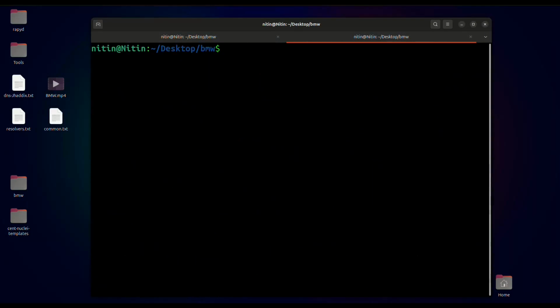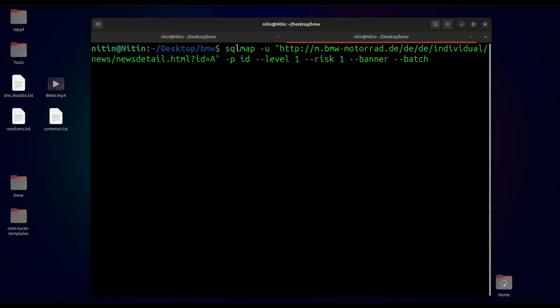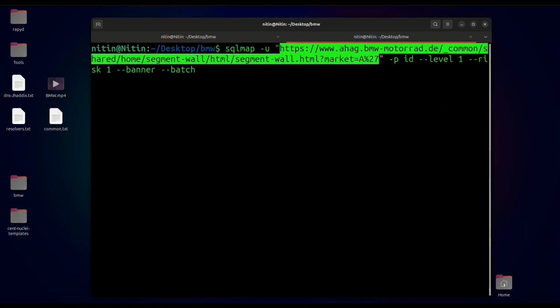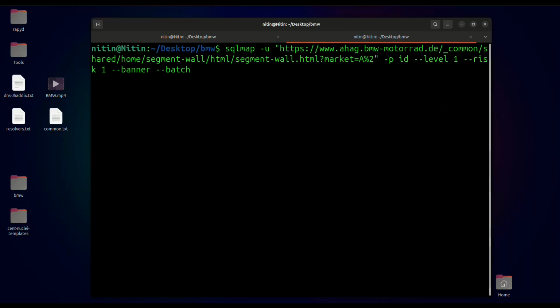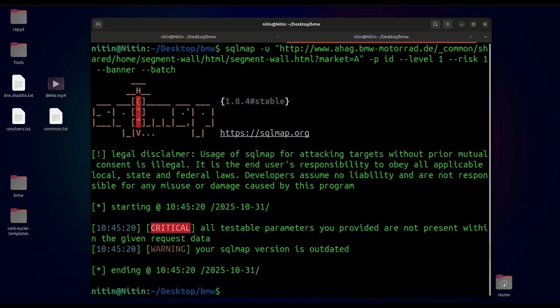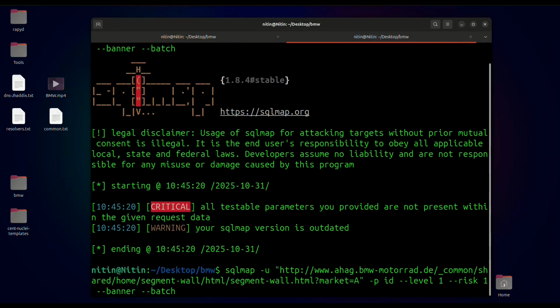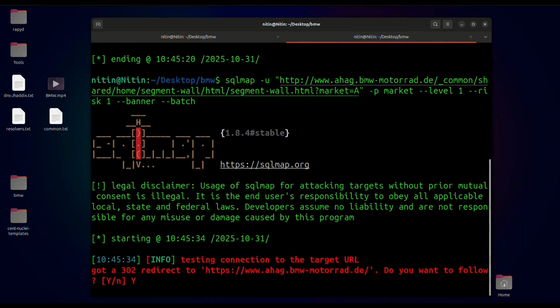So what we'll do is we'll just go here, and instead of HTTPS we'll use HTTP. Okay, wait, we have to provide the parameter value. Dash p is not id here, it is market. Okay, let's just try this one.